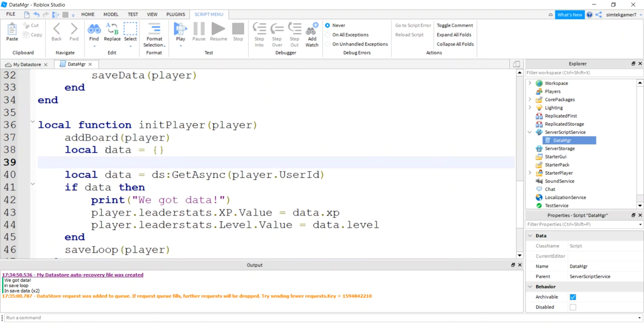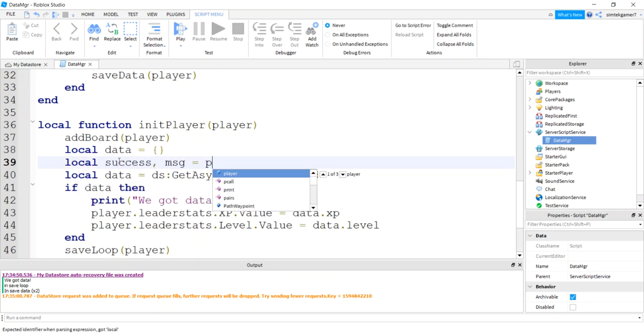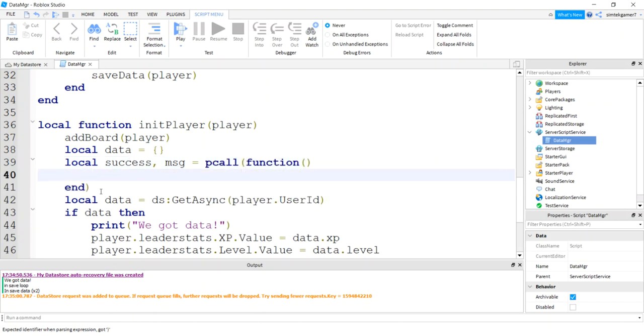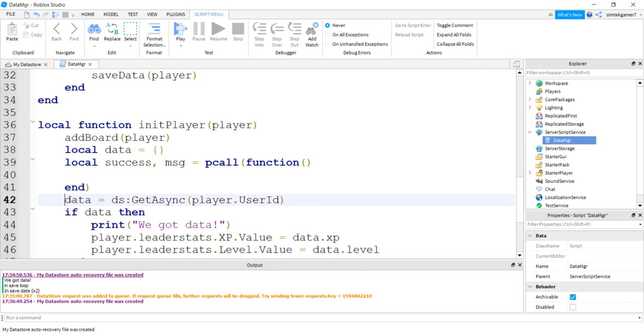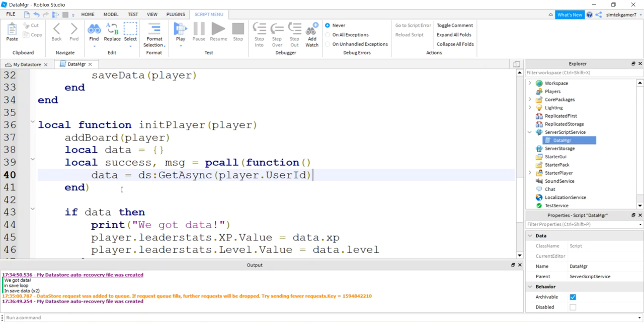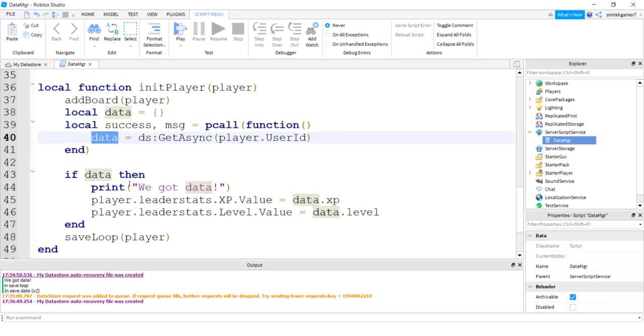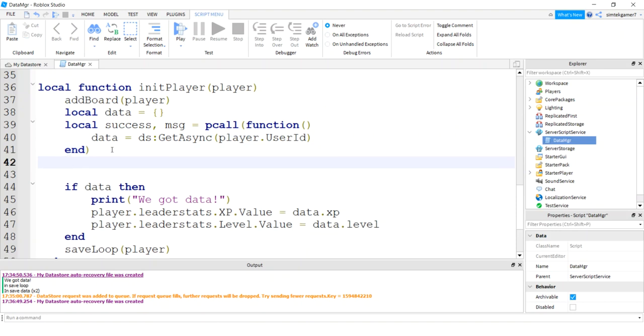So I initialized data table with the curly brackets. I'm going to do local success, just like the other one, MSG for message, pcall, an anonymous function, right? Now, I'm not going to use local. I already defined it up here, the data. I'm going to take this data right here, Control X, put it in there. Now, two bad things can happen, right? We could not have data, so we do the check for that, or we could have a failure in our pcall. So I'll say if not success, then